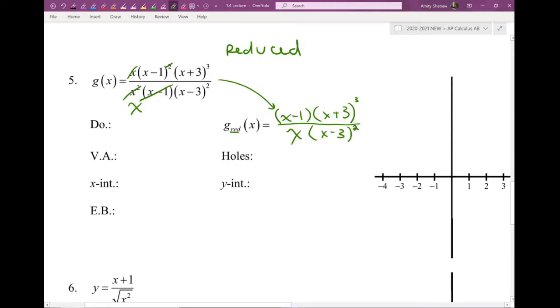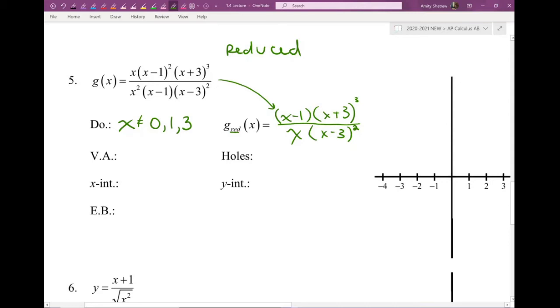Okay? But don't forget that just because you reduced it doesn't mean that stuff isn't still restricted in the domain. So in my domain, I still say that x cannot equal 0. And that's because I have x in the denominator. And so it can't equal 0, or else I'll have division by 0. I also am finding that even though I got rid of the x minus 1 on top, if you set that equal to 0, you'll find, hey, I'm still not allowed to be equal to 1, because even when you reduce it, it's still a hole there. And then I have another